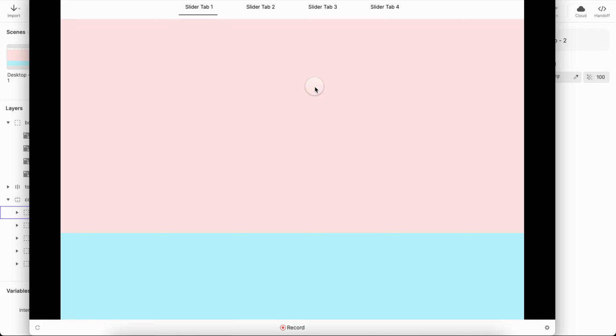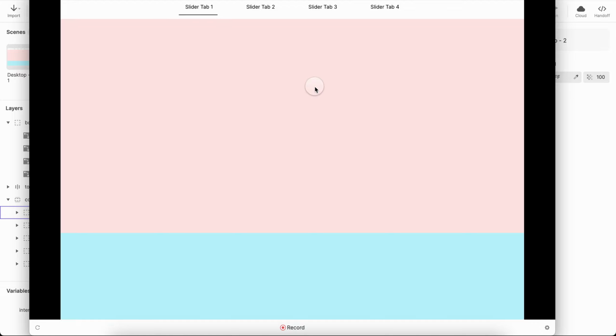ProtoPie has a vast library to use to achieve this kind of basic interactions. Okay, obviously ProtoPie is built to create such interactions, which can be quite advanced. So there is no issue with ProtoPie to achieve this kind of smaller animations or interactions. Okay, so we will create it in ProtoPie,